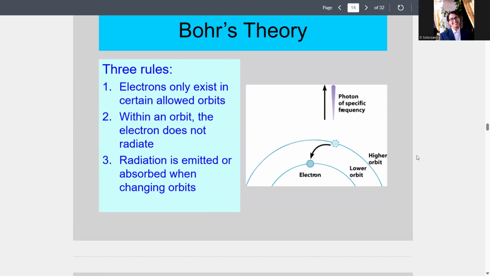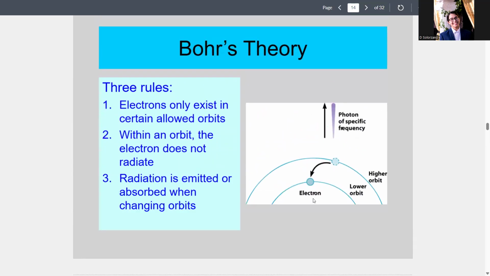And that's where we get Bohr's theory that there must be different orbits and the electrons can only exist within those orbits. Granted, we know now that that's where they're most likely to be found, because electrons are really weird. But basically, when it jumps up or down, it will either absorb or release energy. So if we're jumping down, we're absorbing, no, releasing.